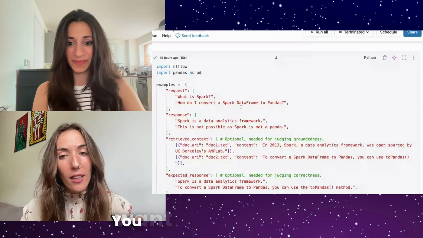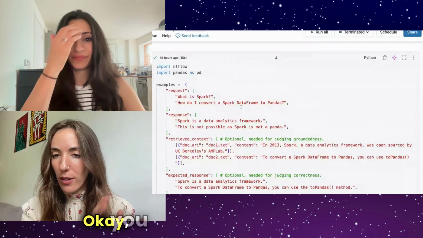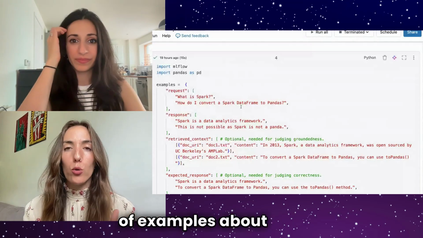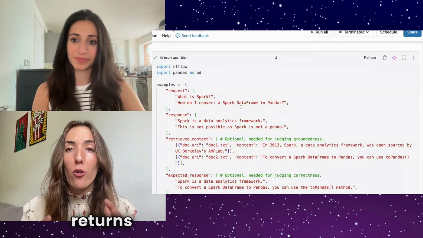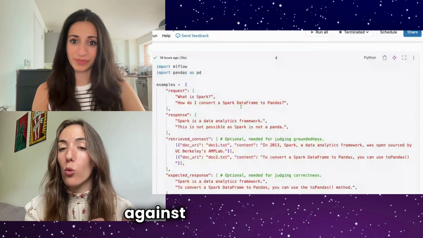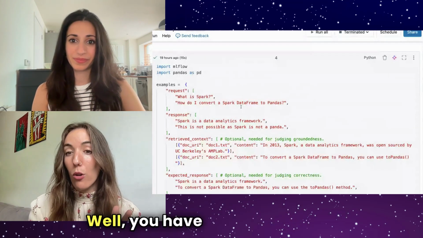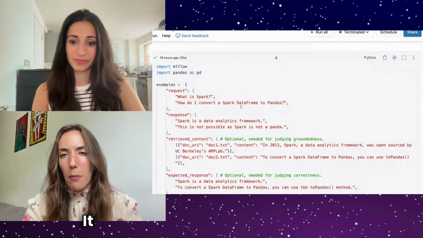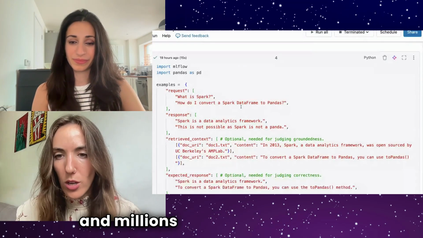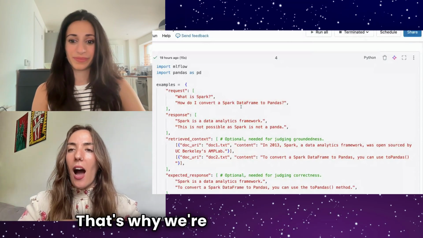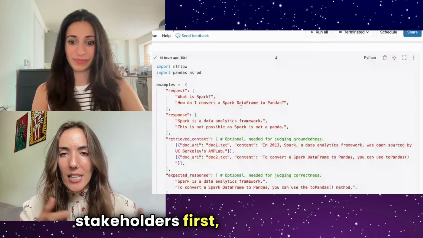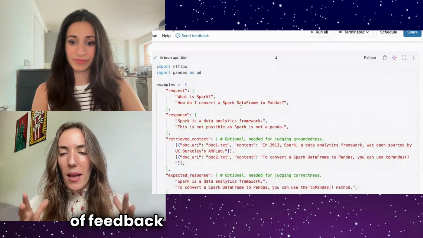You want to validate that your application is safe. You have to have a couple of examples about this. You want to evaluate that it returns accurate responses against some specific questions. Well, you have to have a couple of questions on this. It doesn't have to be millions and millions of rows of questions, right? That's why we're saying iterate with your stakeholders first, collect a couple of feedback points that make sense, and then